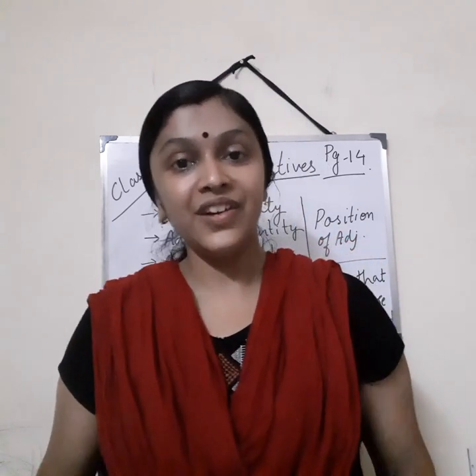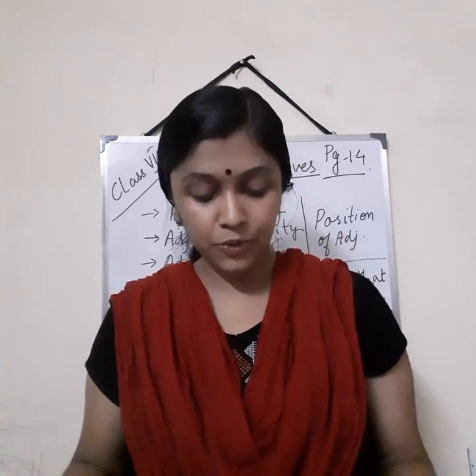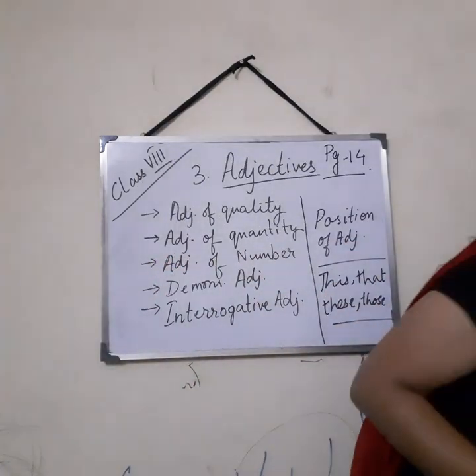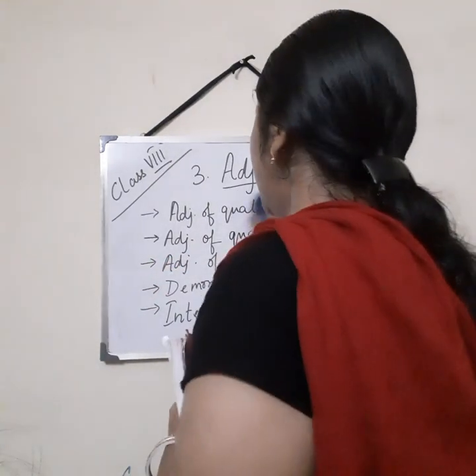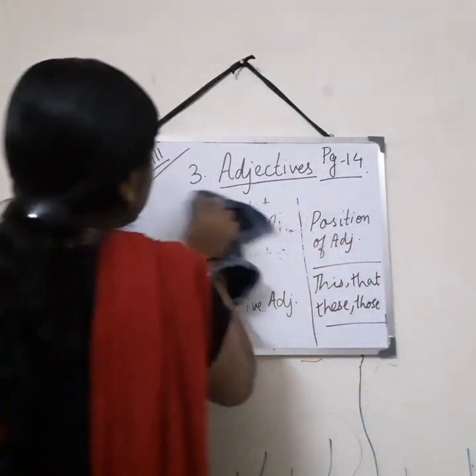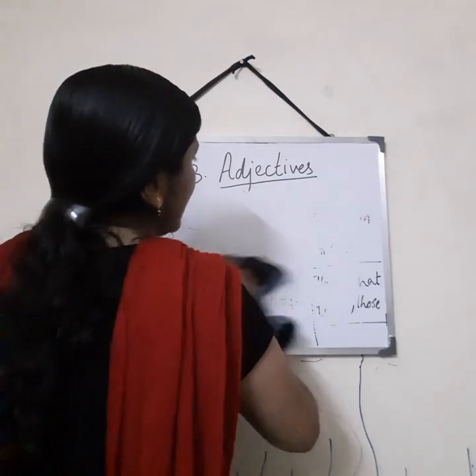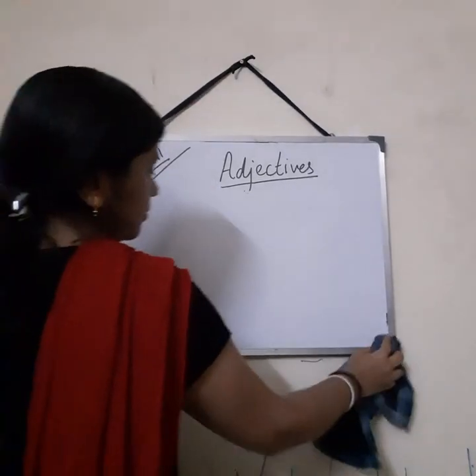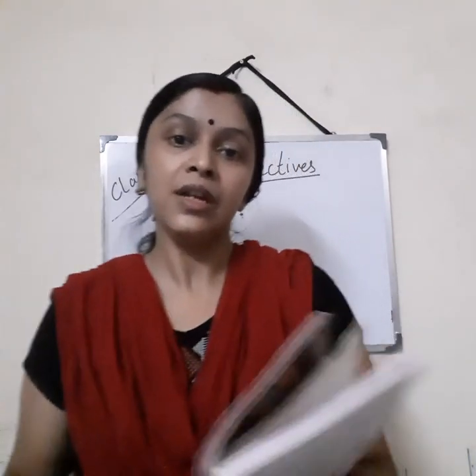So let us solve a few here in the class itself. The rest you can solve at your own pace and just show it to me, put it up to me as I give it to you as homework. Okay, so the first example is, this room has been decorated by my mother. Now in the book, how can you do it? In the book, you can simply underline the adjective and state the kind in short notation.